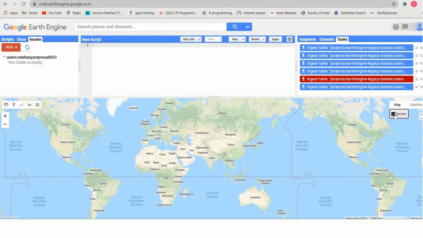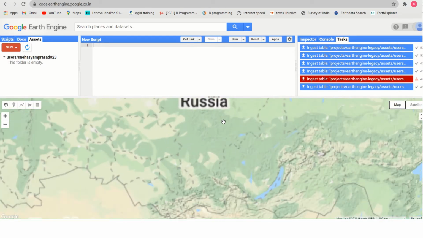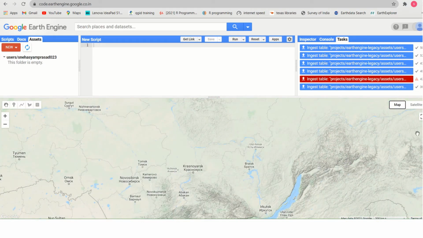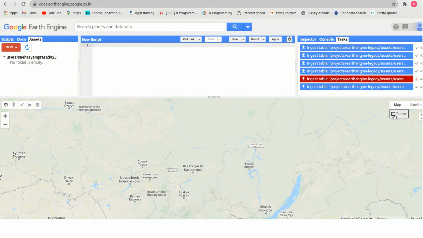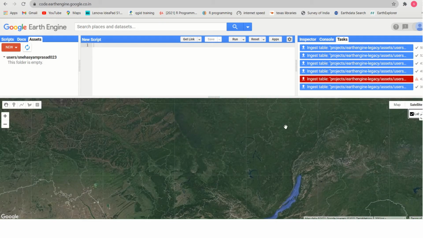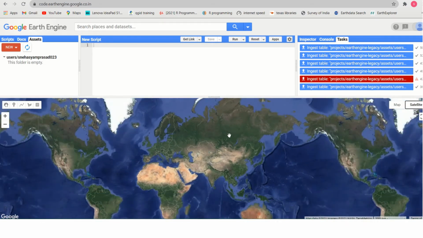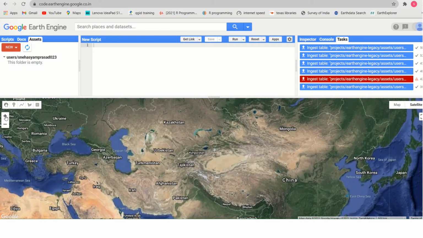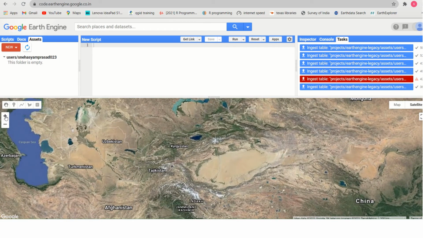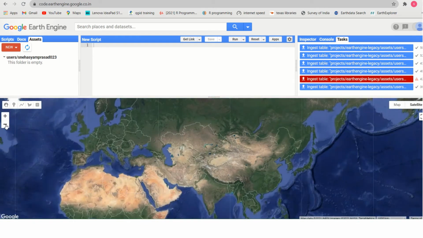If you click on terrain, it will be automatically loaded like this. If you disable this, the terrain will be erased. And if you click on satellite, it will show the satellite images. This plus and minus you know: if you want to zoom in, click on the plus sign, and if you want to zoom out, click the minus sign.